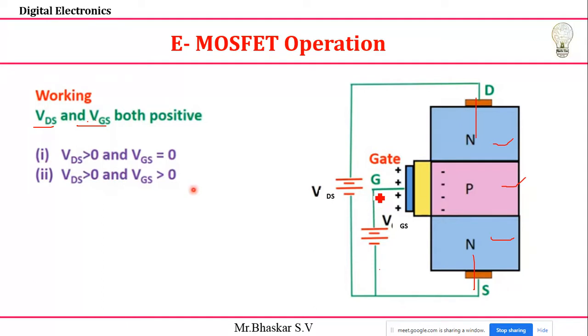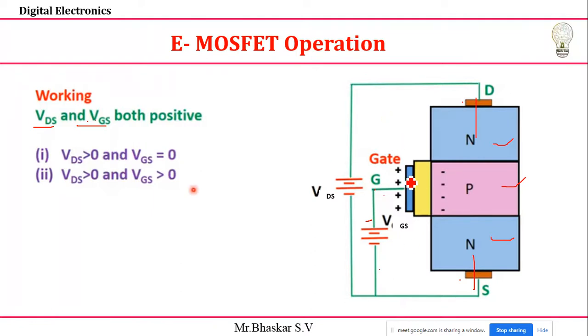So I'm going to apply voltage between the gate and source. The gate is connected to the positive power supply, and here it is negative. I'm going to connect it here to the source. Similarly, VDS, drain to source. Drain to source, I'm going to apply some voltages. With different combinations of my VDS and VGS values, I'm going to analyze how it is working.